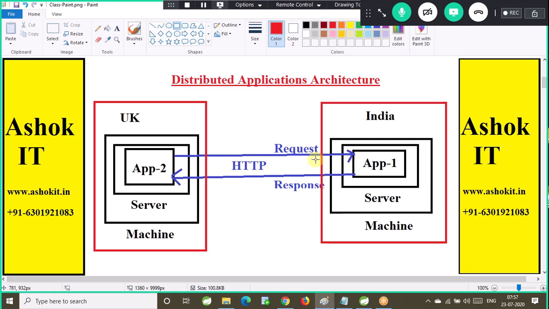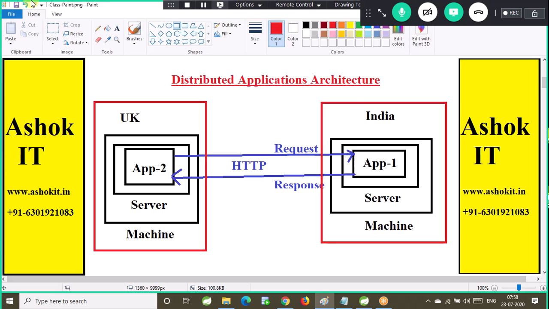Server will process that request and send the response back to the client. The request which client is sending is called an HTTP request. The response which server is sending is called an HTTP response. Are you guys clear with this one?